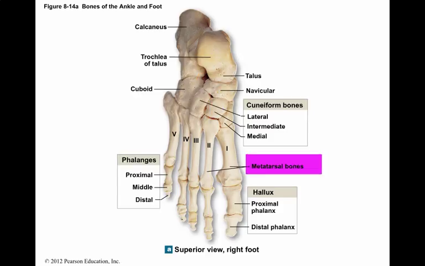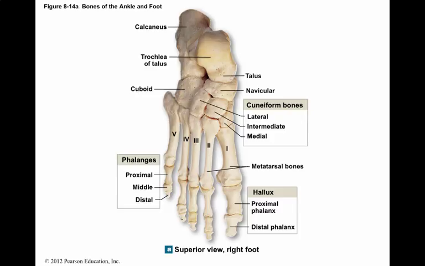The metatarsal bones are 5 long bones that form the distal portion of the foot. These bones are identified by Roman numerals 1 through 5, proceeding from the medial side to the lateral side. Distally, each metatarsal bone articulates with a different proximal phalanx. The phalanges or toe bones contain 14 phalanges just like the fingers. The great toe is called the hallux and has 2 phalanges, proximal and distal. The other 4 toes have 3 phalanges apiece, proximal, middle, and distal.